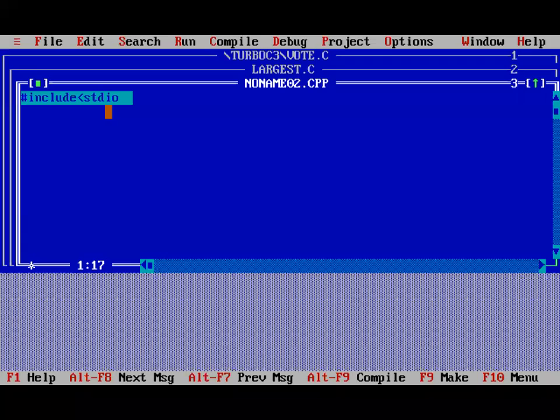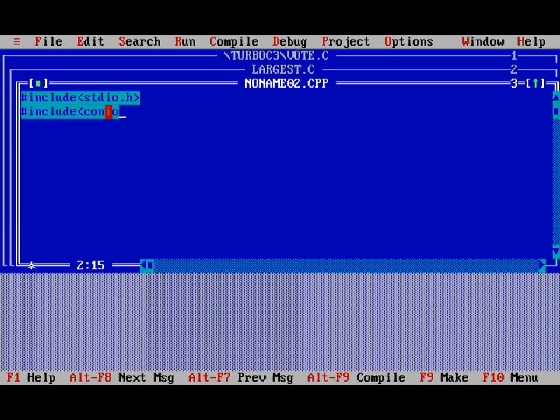So here first we define the directory. Hash include stdio.h, then hash include conio.h, then we write void main.